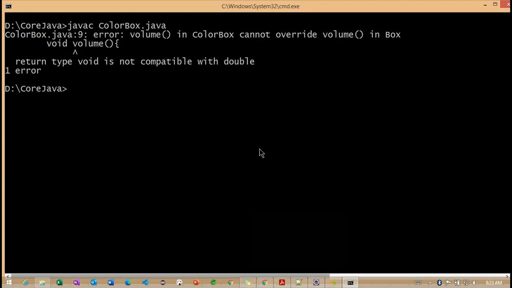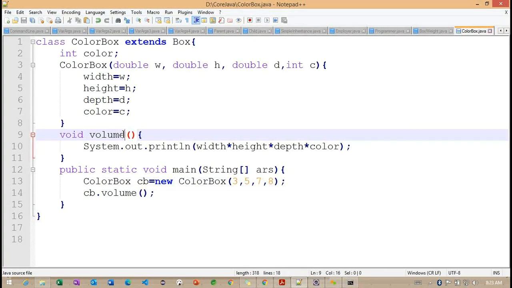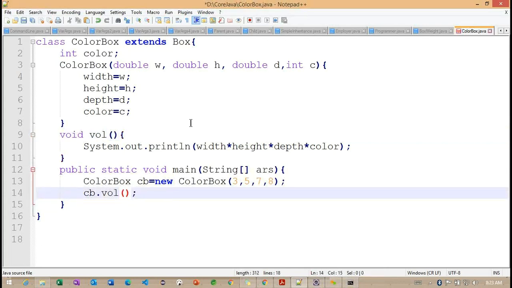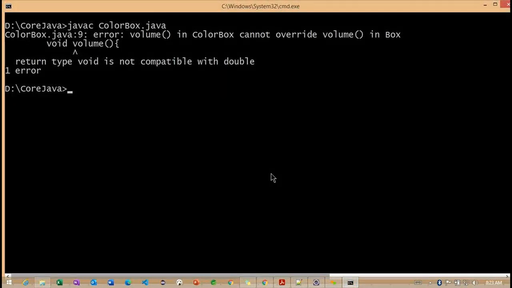Okay, the error is completed. So this is basically an overriding method here. This method we'll see in our upcoming classes. As of now, let me check with vol. How exactly we can work with the same value method in our subclass, we can see in our upcoming classes. I will provide some information when we work with the overriding method. For this example, I'm recompiling one more time. I changed the method name here. Now it is compiled successfully.